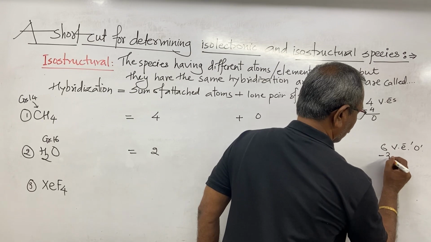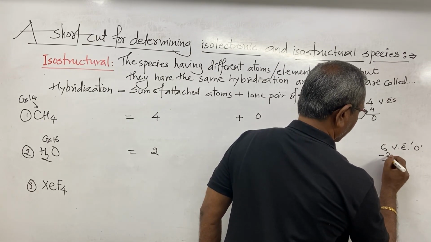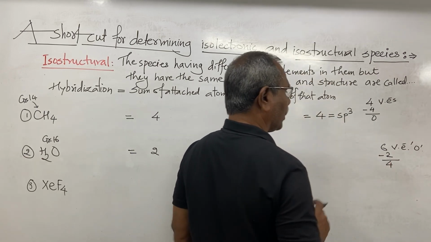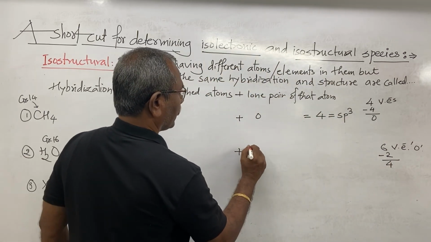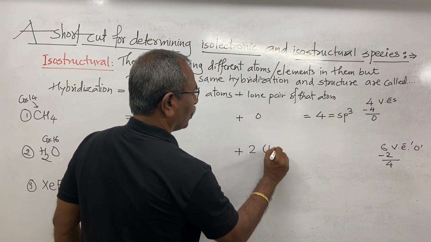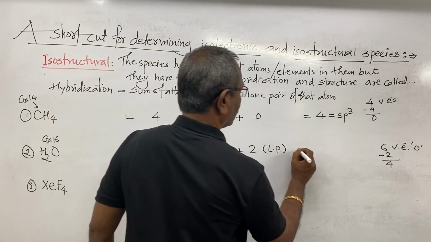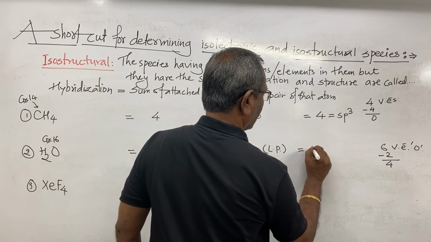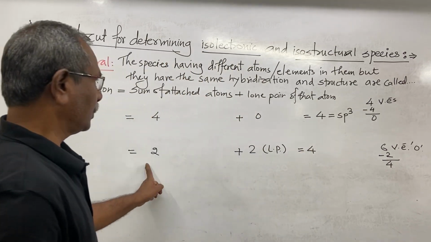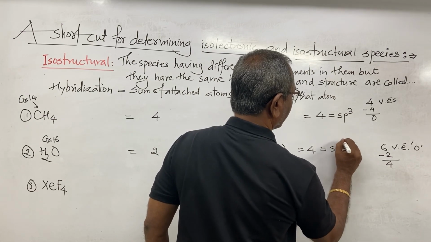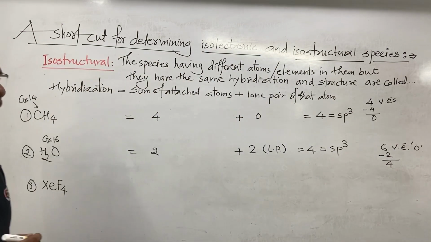Now subtract 2, so 4. 4 electrons means there are 2 lone pairs. So total is 4. So the type of hybridization is sp3. Okay, in third case,